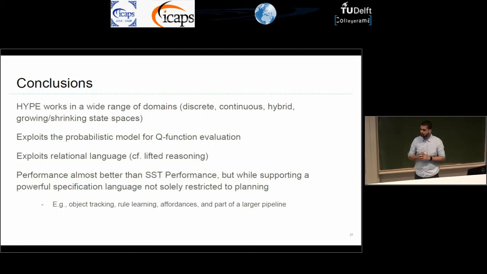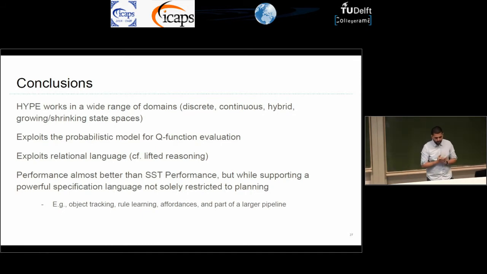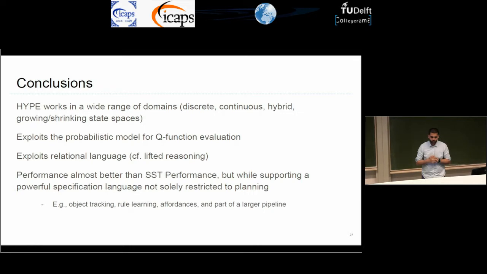So to conclude, we worked on this fairly general planner called HYPE, which works in a variety of settings, including discrete, continuous, and hybrid. It exploits the probabilistic model, essentially, to do weighted importance sampling and the relational language. There is this whole body of literature in probabilistic reasoning called lifted reasoning. We haven't really exploited the full power of that literature, but I think this is the first step to see how this relational language can be useful in different probabilistic settings. And as I mentioned, the performance is almost always better than SST,